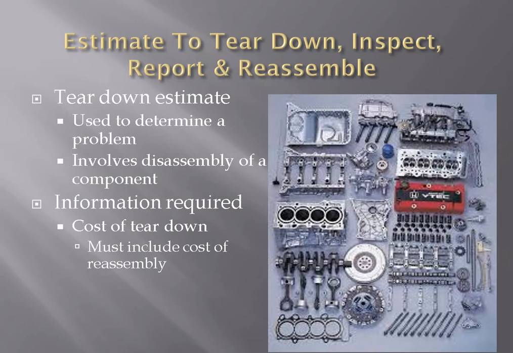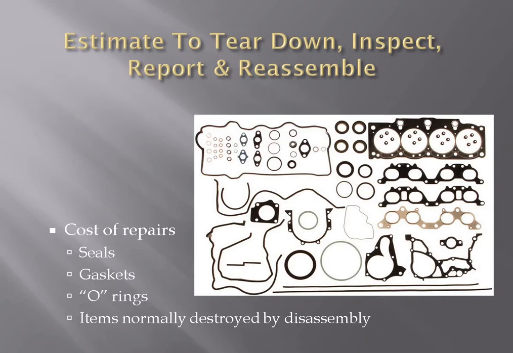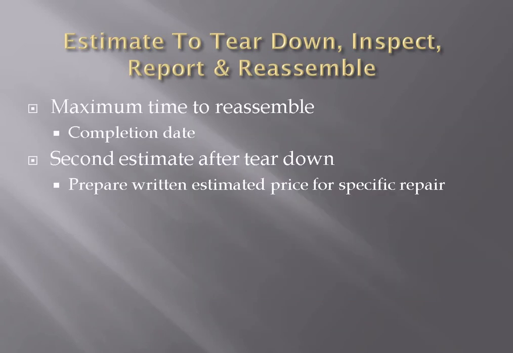There are certain types of special circumstances which require additional steps. One example is a teardown estimate. In the event that it is necessary to disassemble a component for inspection or diagnosis, the shop is required to include the cost of reassembly with the teardown estimate, include the cost of parts to reassemble should the customer decline additional repairs, state the amount of time needed to reassemble should the customer decline additional repairs,